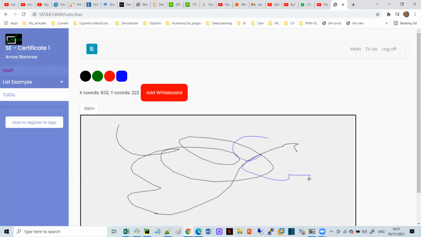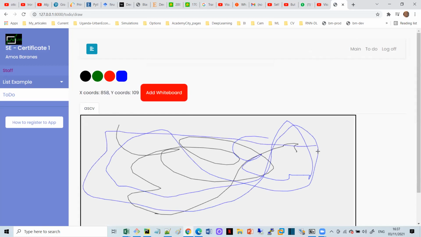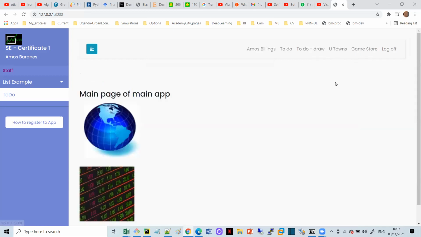That's a lot of JavaScript. So certificate 2 is a lot about JavaScript. It's a very powerful language, extremely powerful. So these are the little things that we will learn. We start in certificate 2. But for now, the only thing that I wanted to make sure of is the top menu of the main is